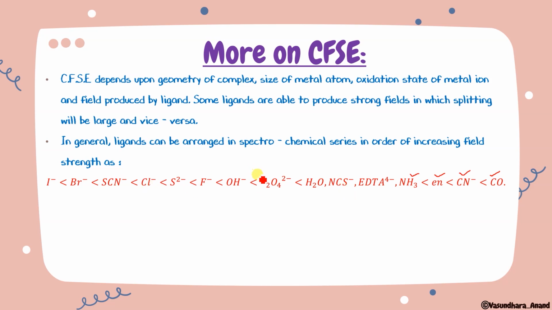Got it? वीक लिगेंड में जनरली जो होते हैं सारे हैलोजन आ जाते हैं. ओके, फ्लोरीन, क्लोरीन, ब्रोमीन, आयोडीन and oxalato, which is most common. Oxalato and all the halogens, they are the most common in the weak field, which will be used in your exam, in your examples. Okay, and strong ligand में ये mainly important, मतलब mainly use होते हैं. So I said that if you can learn this, that is well. But if you are not able to learn this, these are a few tricks you can use. You can go through with this.